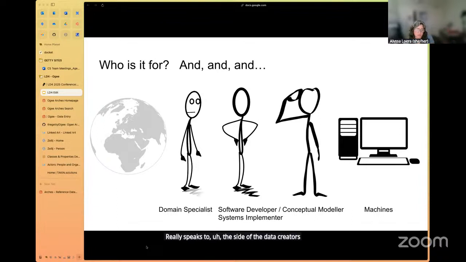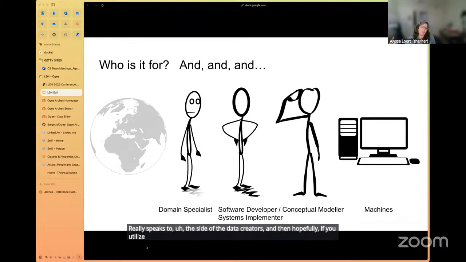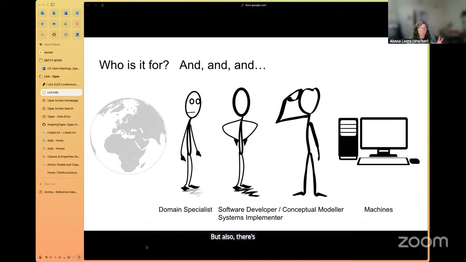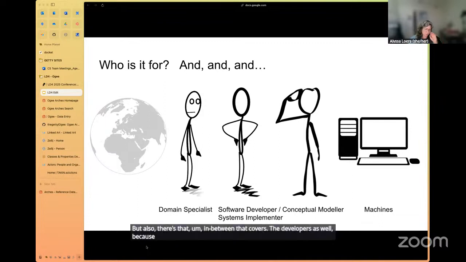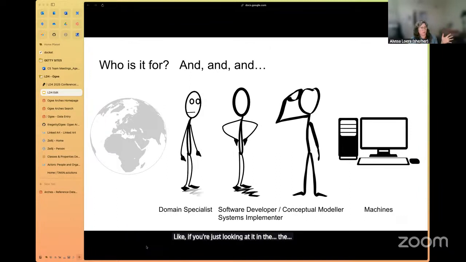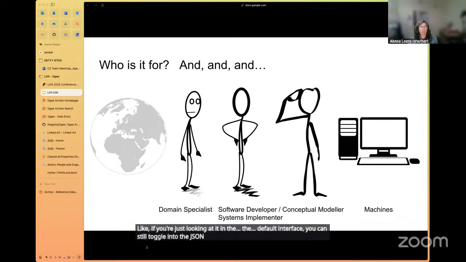And then hopefully if you utilize the front end interface, it can speak to the users, but also there's that in between that covers the developers as well, because even when you're looking at a record in Arches, if you're just looking at it in the default interface, you can still toggle into the JSON LD, and also can still take API input.